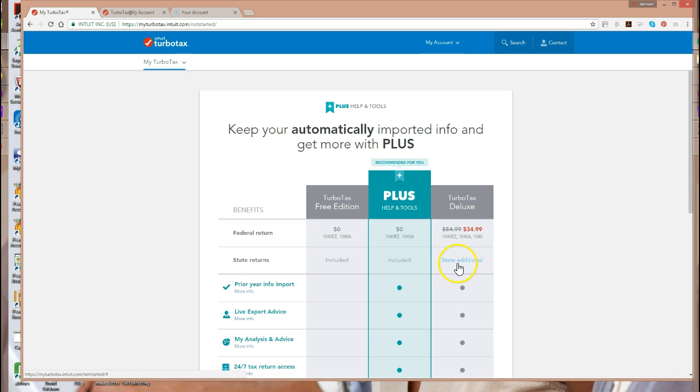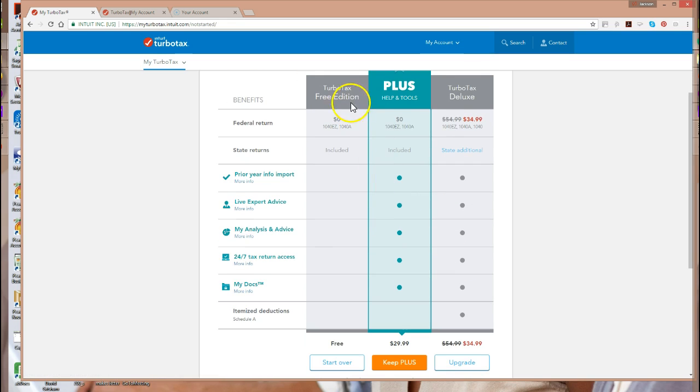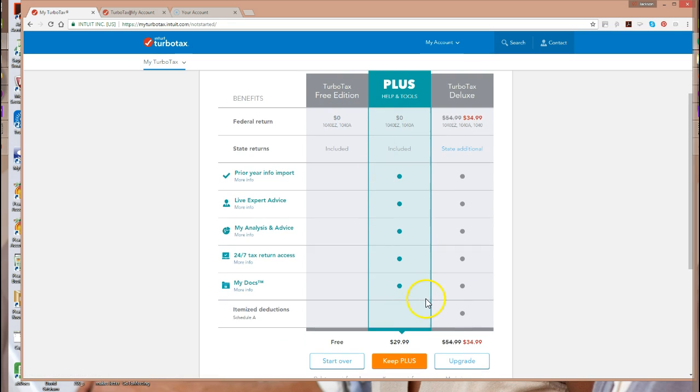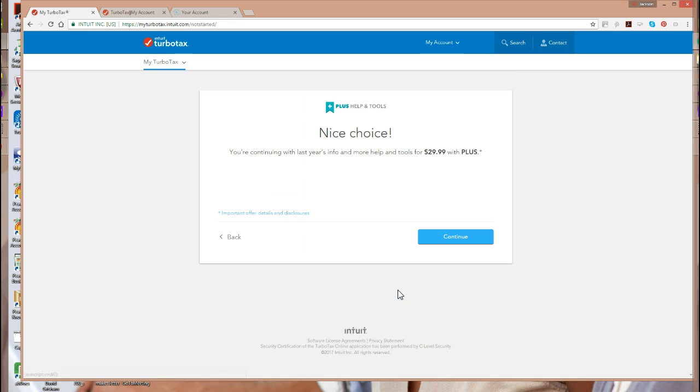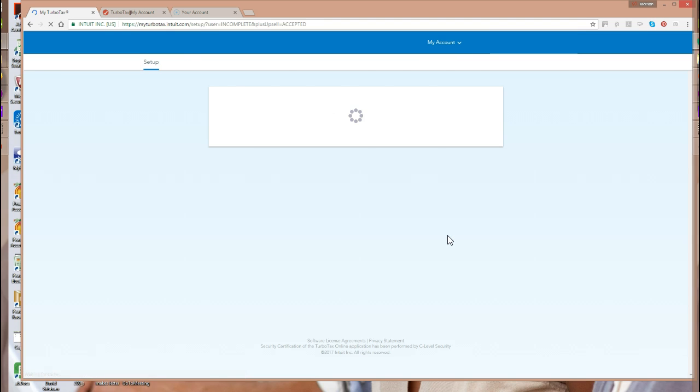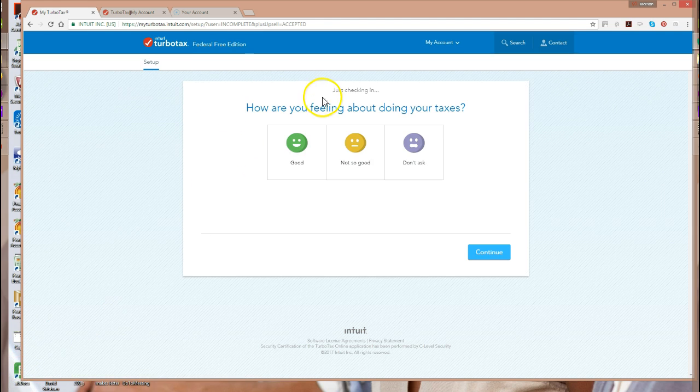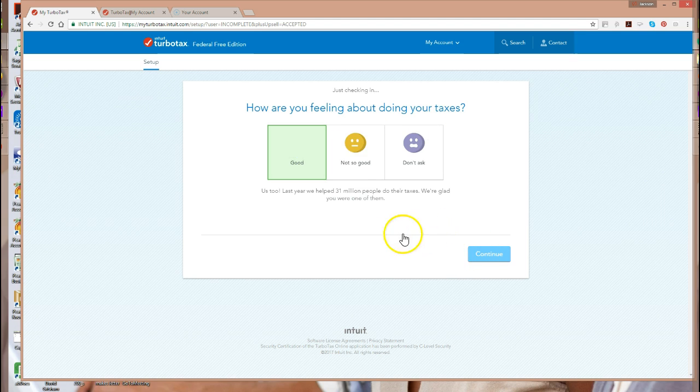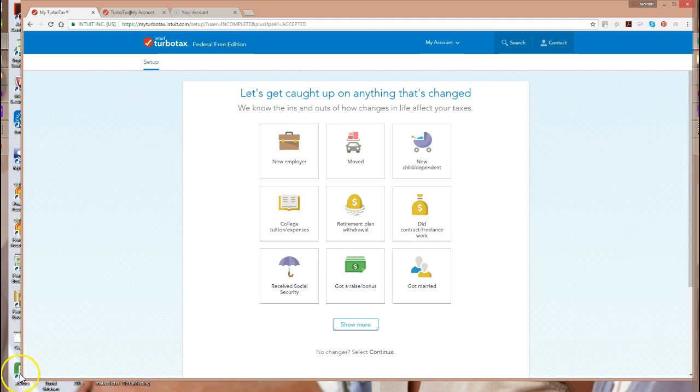All right, fantastic. So here we've upgraded to Plus, so we're going to go ahead and keep the Plus. All right, fantastic. So let's go ahead and continue. Okay, so now it asks us how are we feeling about our taxes? We'll say good. And folks, I'm just going to streamline this so that we can get to the real basis of the